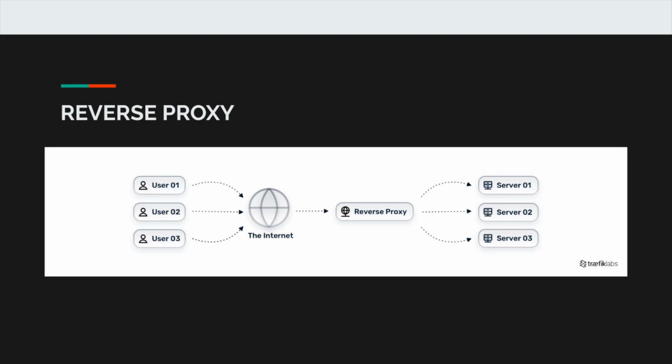So getting to know the reverse proxy. You can think of the reverse proxy as that old school phone operator back when there used to be call centers and phone operators. So when someone was picking up the phone, they were connected to a call center. The caller stated the name and the address of the person they wanted to call, and the phone operator connected them. A reverse proxy does a similar job by receiving user requests and then forwarding said requests to the appropriate